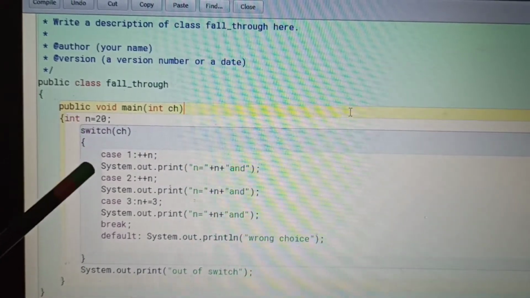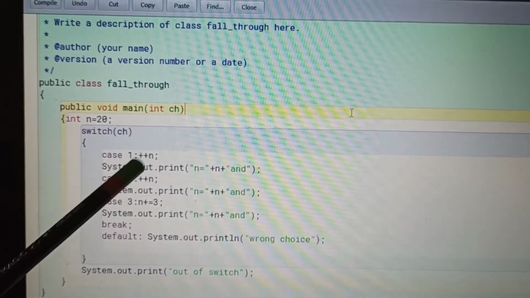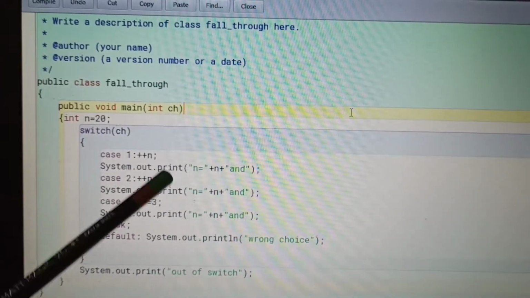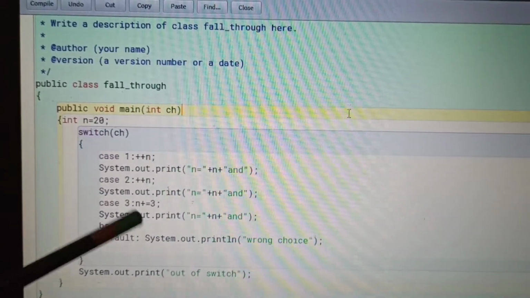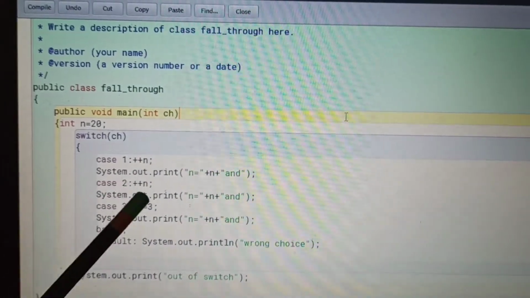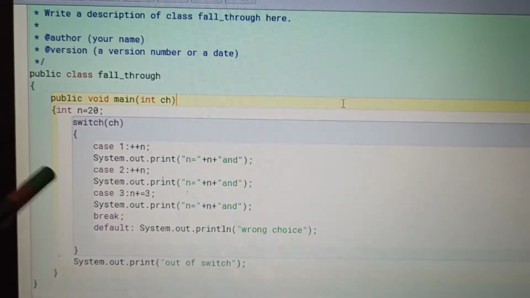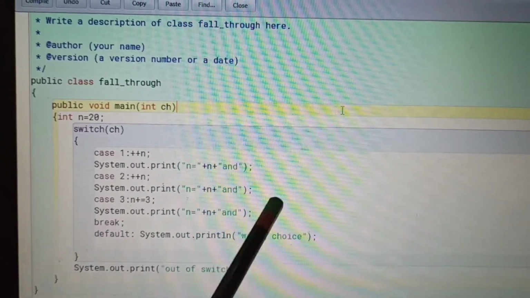Now in case 1, n plus plus and System.out.print, it means it will increase the value one by one. After that, if the user presses 2, then it will execute this statement.